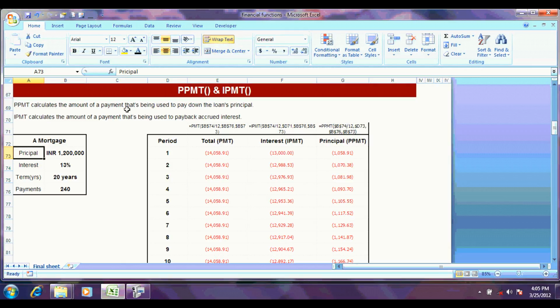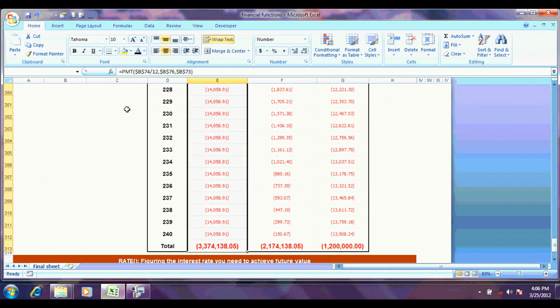Now many of you have heard about taking a home loan or something like that. So let's assume that I take a home loan of around 12 lakh rupees, assuming an interest rate of 13%, and my home loan term is for 20 years. 20 into 12, that is 240 months. Okay, by means of PMT function we already did, we'll come to the EMI